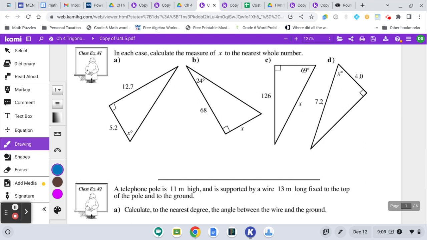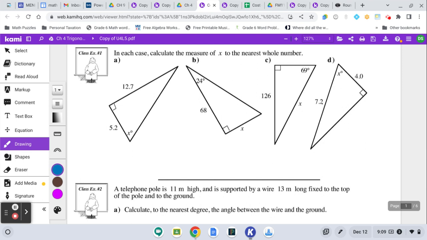What did you discover? What are the two sides that you have? Opposite and adjacent. So right there you go. What are you going to use? Tangent. Tangent of what? X. Write down tangent of X equals 12.7 divided by,